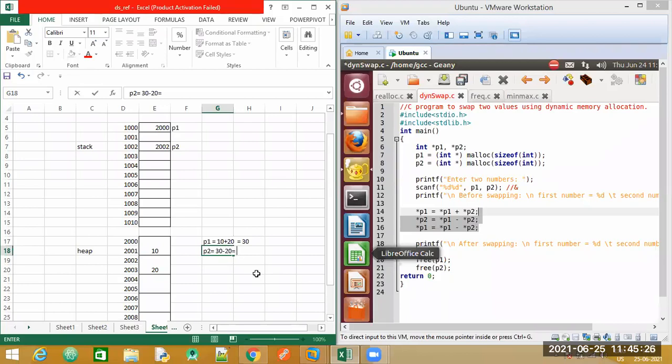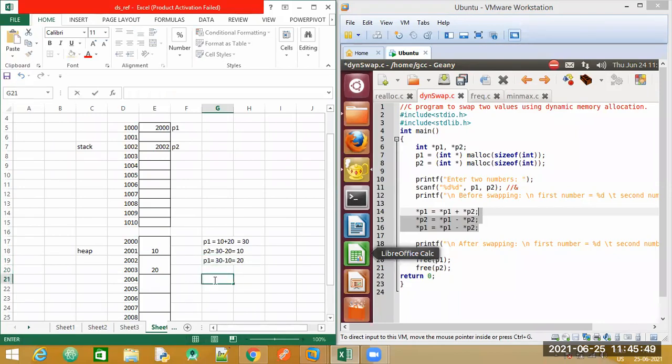Correct. So we will get the value to be equal to 10. Next, again we have P1. What is the value of P1? 30. Minus P2, which is now updated to 10. So 30 minus 10 is going to be equal to 20.